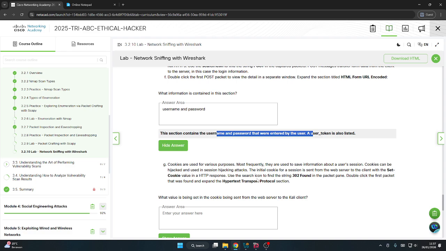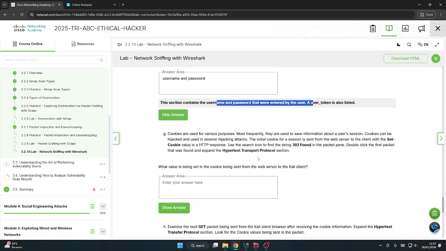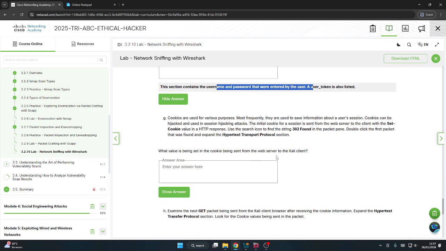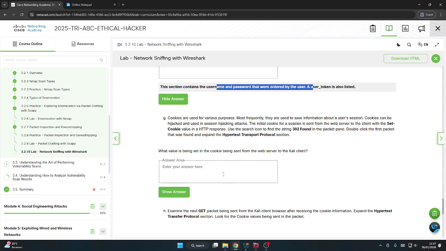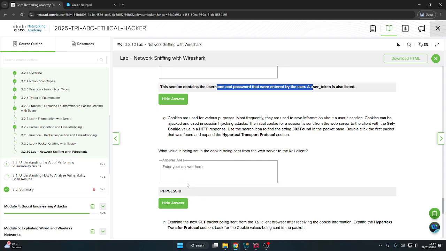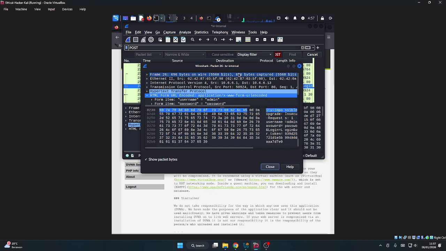Expand the Hypertext Transfer Protocol section. What value is being set in the cookie being sent from the web server? I don't know. There's no cookies, but we'll see the PHPSESSID. We'll find that.